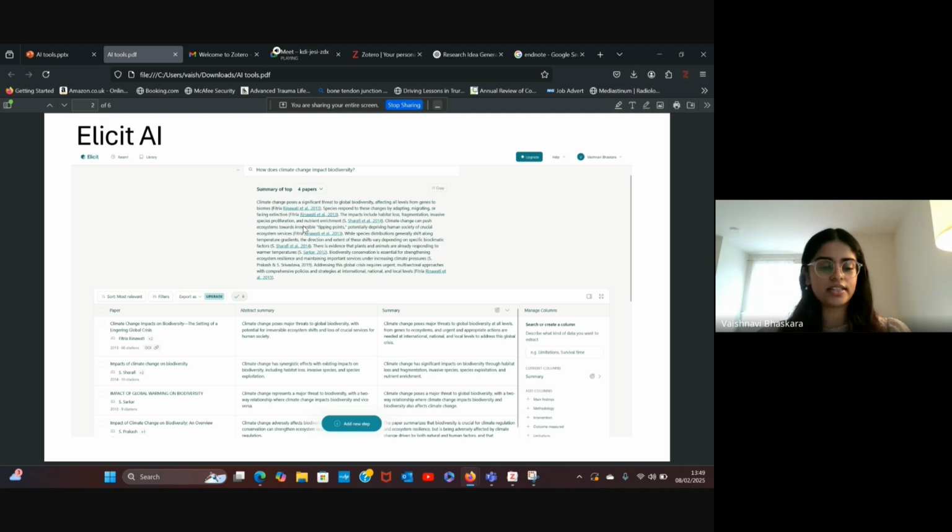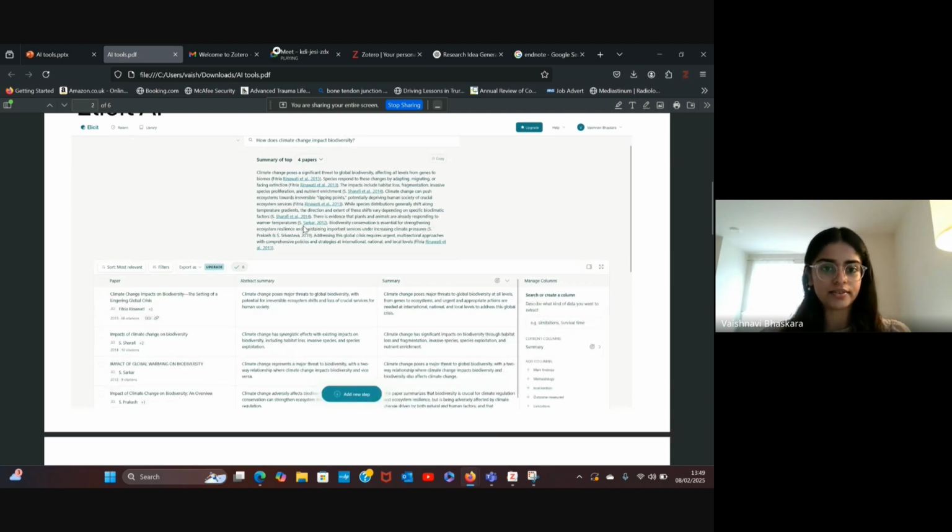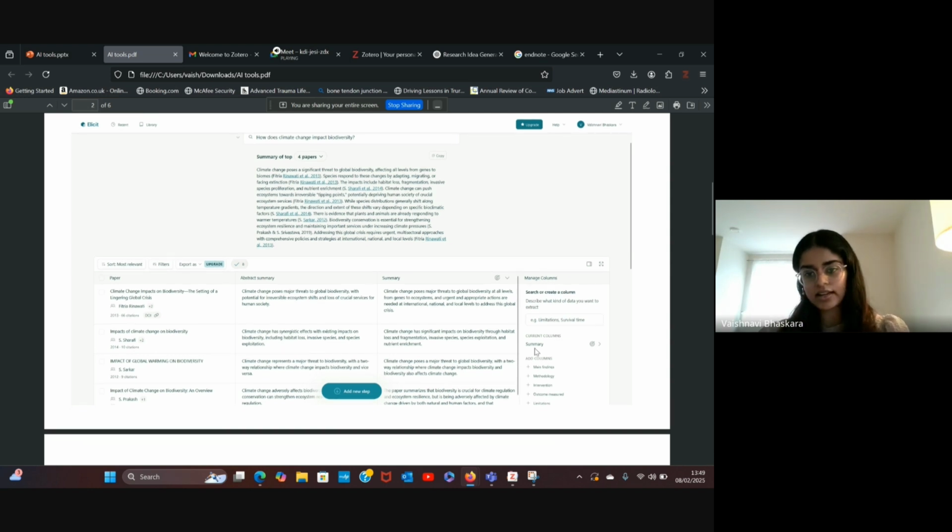The question that you'll see in all of the examples is, how does climate change impact biodiversity, for instance? Elicit and all of these tools obviously have premium versions as well as free trial versions. I feel the free trial is useful and enough for most studies we do at an undergrad level. Basically, if you ask it a question, it will generate an abstract-like paragraph. Once you have that, it will also show you in the form of a table what each of those studies are. You can also have a filter on the side. There are these columns. You can say you want to see only the main findings, and it will give you a summary table of only the main findings of each of the papers that are associated with your topic.